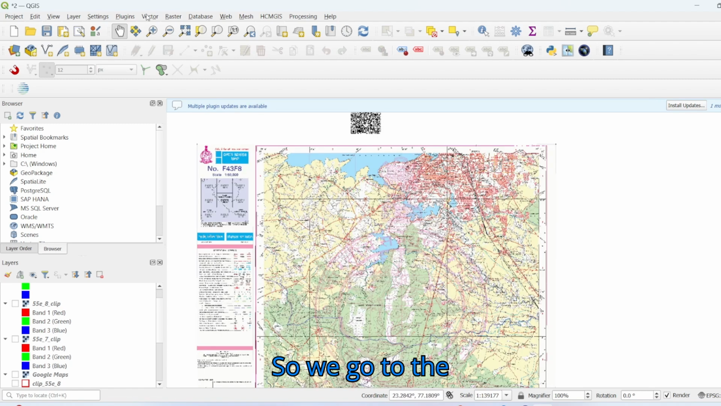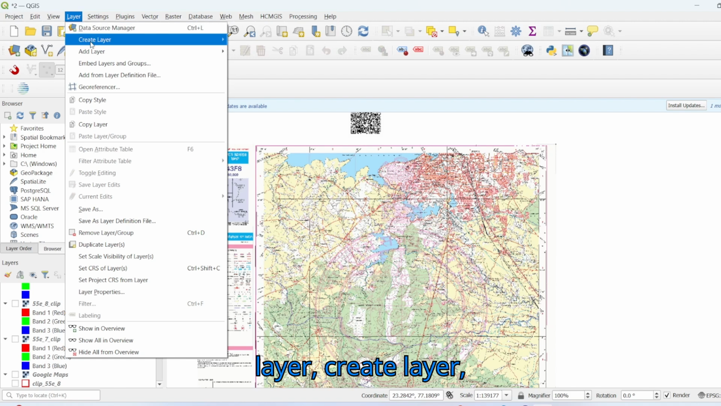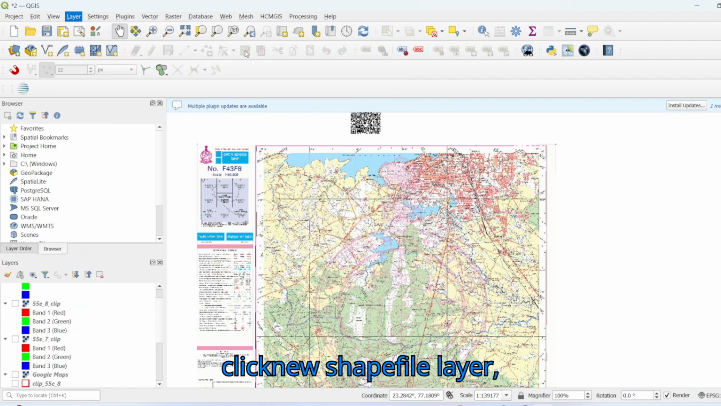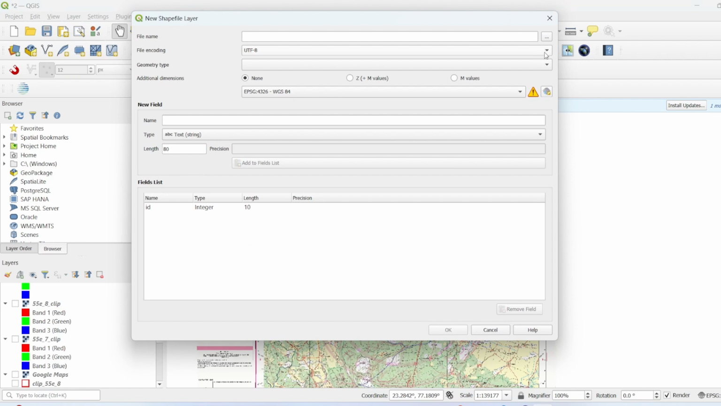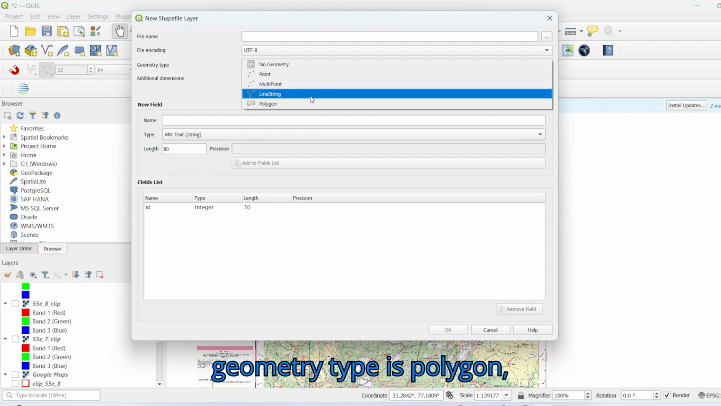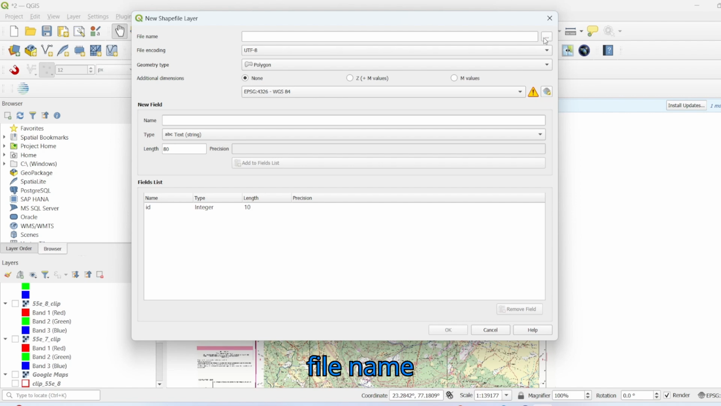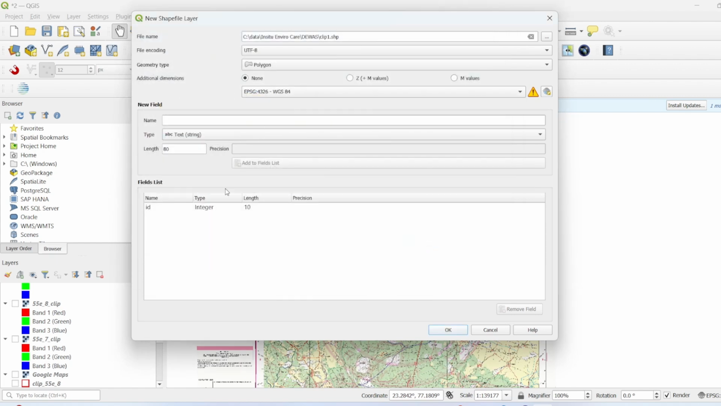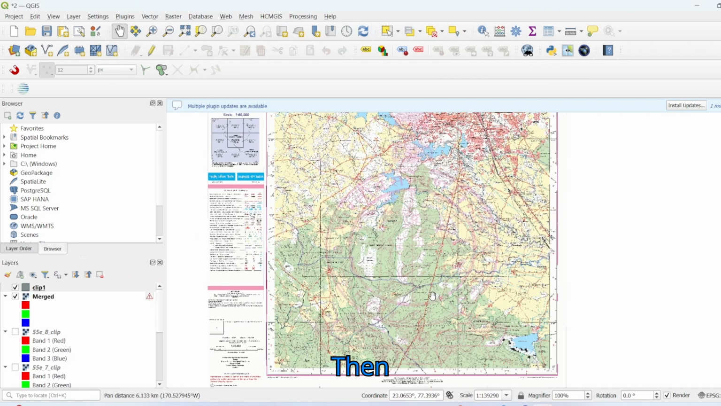So, we go to the layer, create layer, click new shapefile layer, geometry type is polygon, file name is clip one I am keeping, save, rest, all is okay. Then